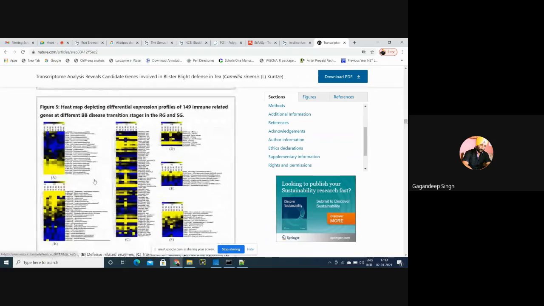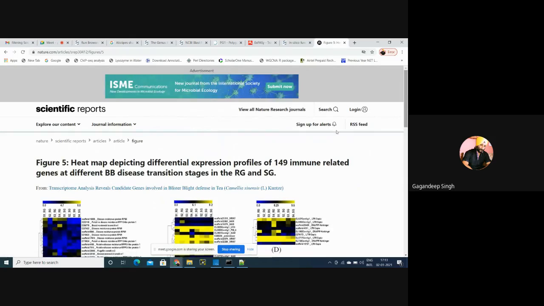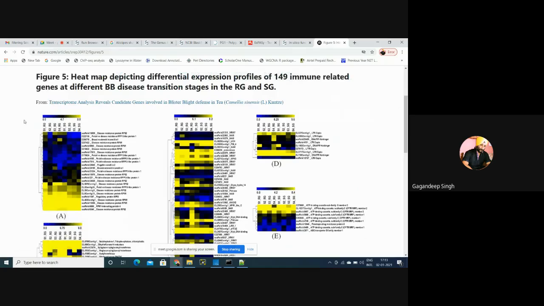Yeah, see this. We have found 149 immune related genes from resistant genotype and susceptible genotype. Now see, RG means resistant, SG means susceptible. This particular gene, disease resistant protein, is down regulated in susceptible varieties, but it is upregulated in resistant varieties, and in some other genes